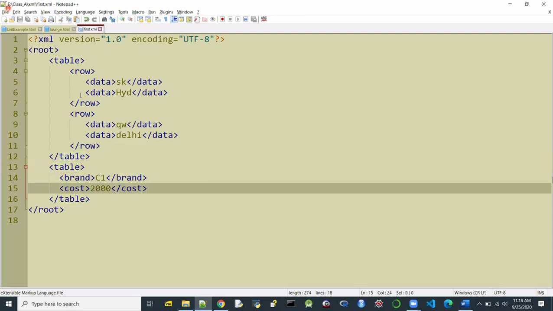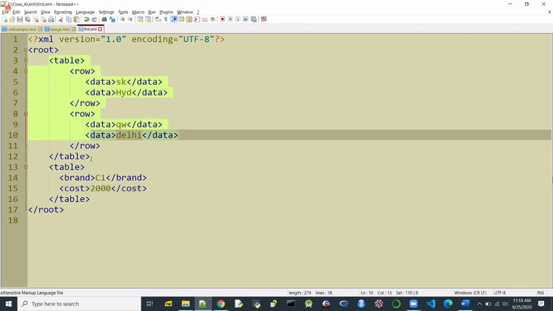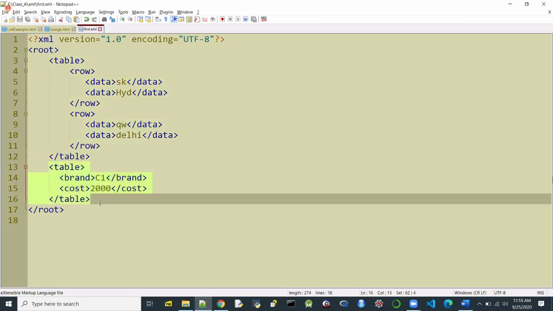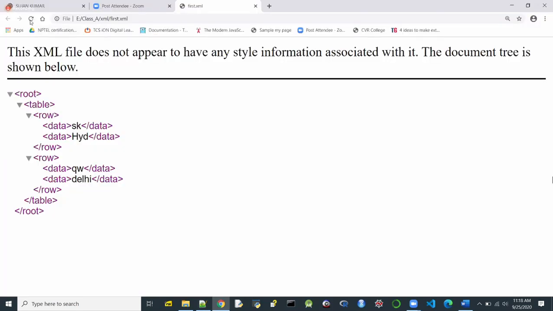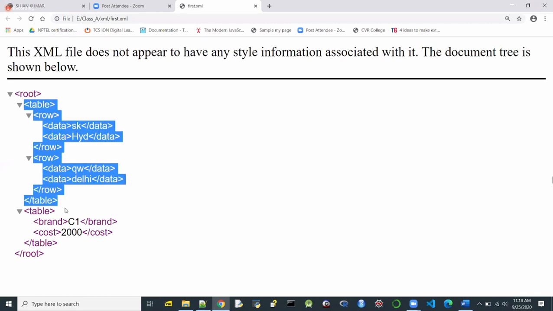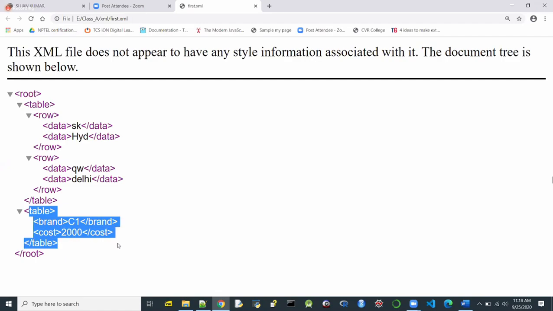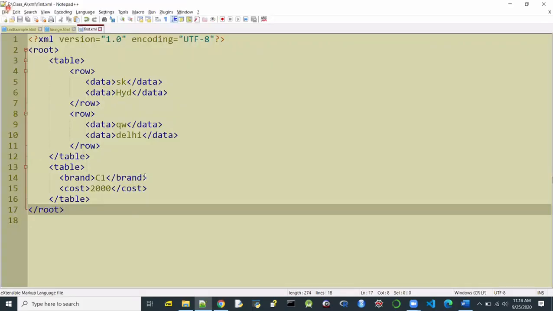So I'm using the same name table to mean the stored structured information and also a piece of furniture, and the meaning in both cases, in the first instance and in the second instance, is radically different, with its own sub-elements, though the semantics are totally different. Now, what if I try to display my page in the browser? So I'm getting the information right now about the first table as well as the second table.